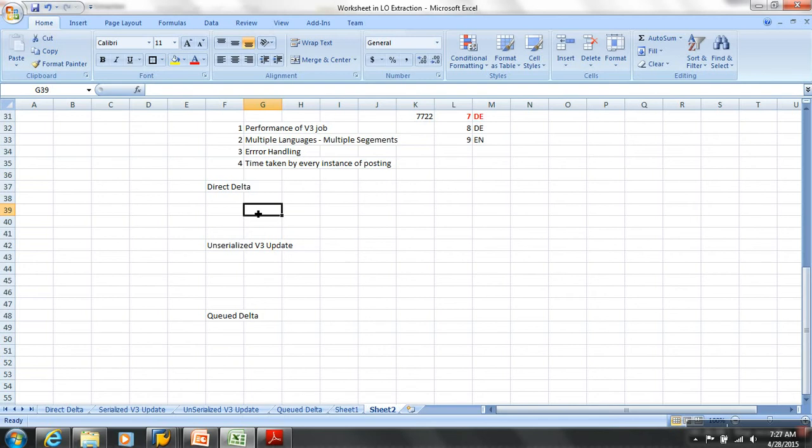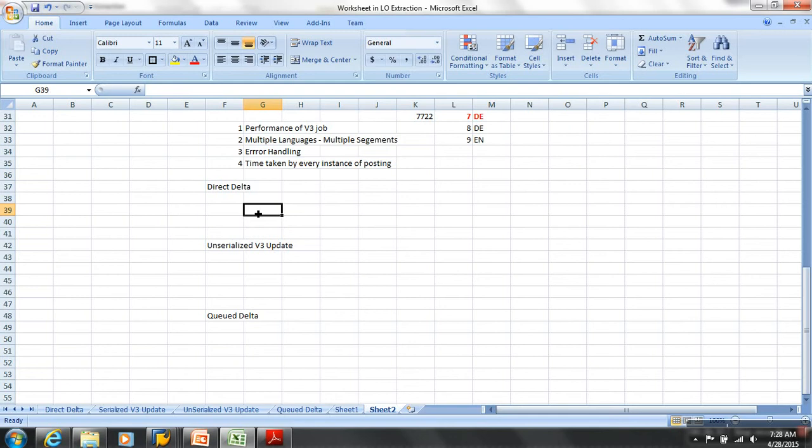Then what happens, say for example you have enhanced the data source. When you enhance a data source, you write some specific code for it. So if it is updating records into delta queue, the enhancement code gets executed, of course. So when I am updating direct records into delta queue, is my code getting executed? Is it taking a lot of time?